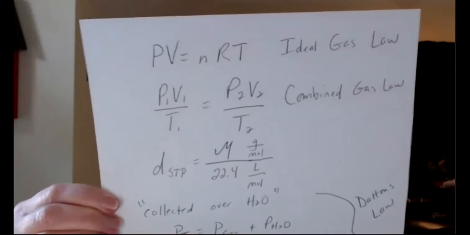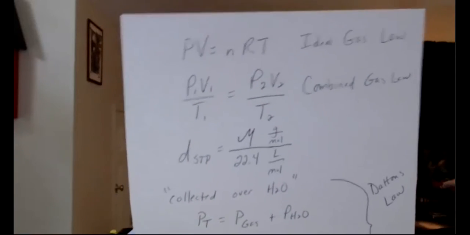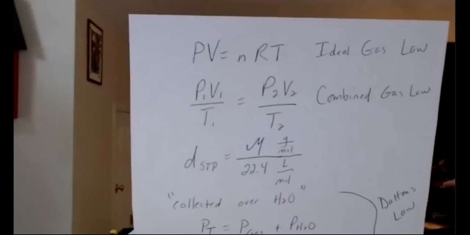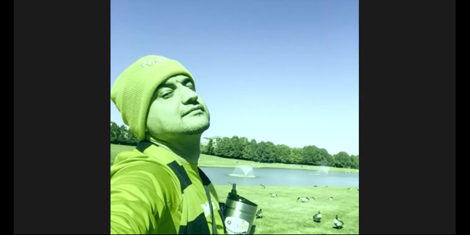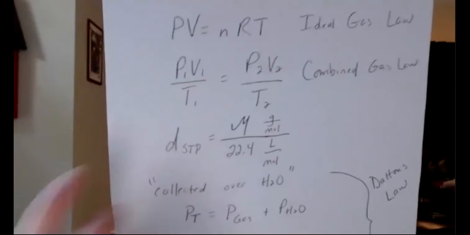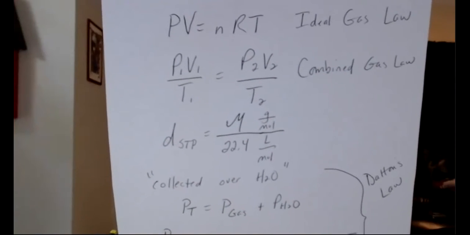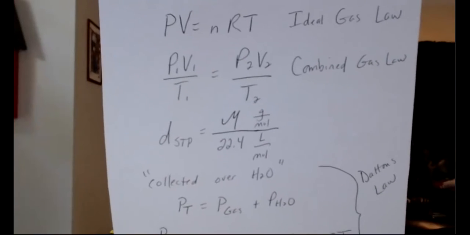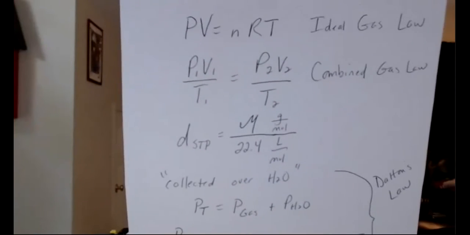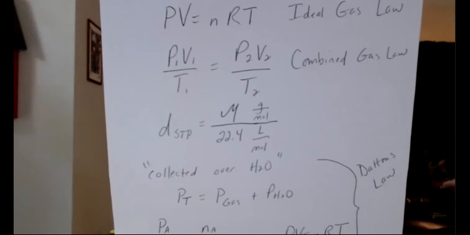How would the student know they need this one for the word problem? They give you two different volumes or two different temperatures. They don't give you just one, they give you two different. So you have to use this one. How would the student know they need this one? They ask for the density of a particular gas at STP. You figure out the molar mass and you divide by the standard molar volume, which is 22.4.